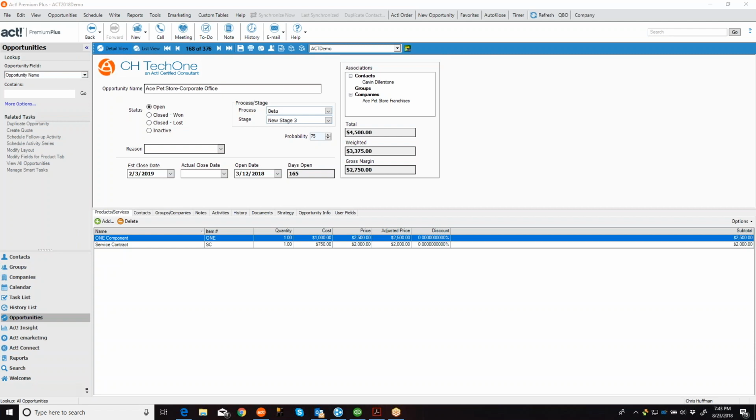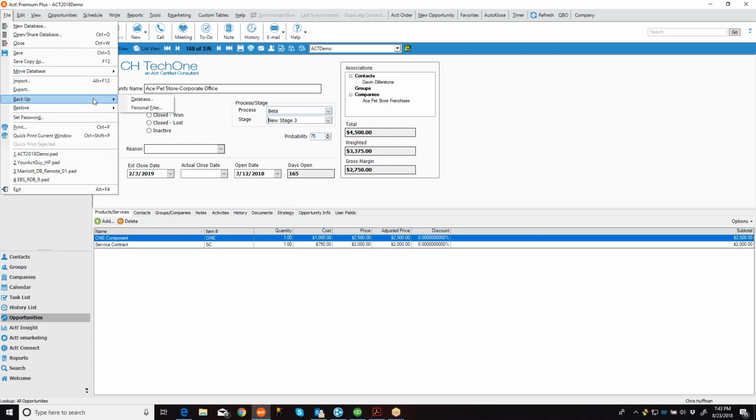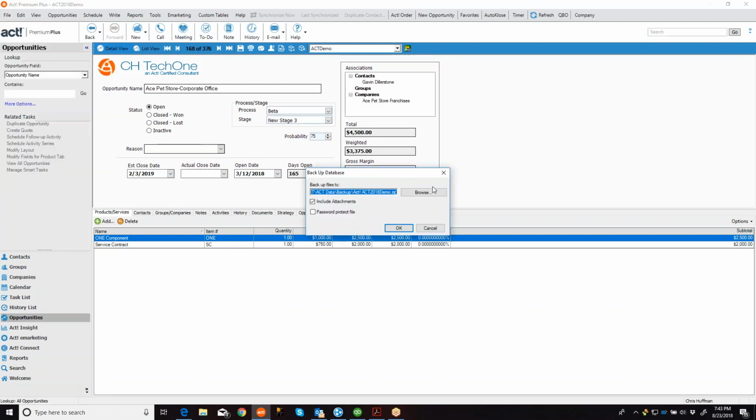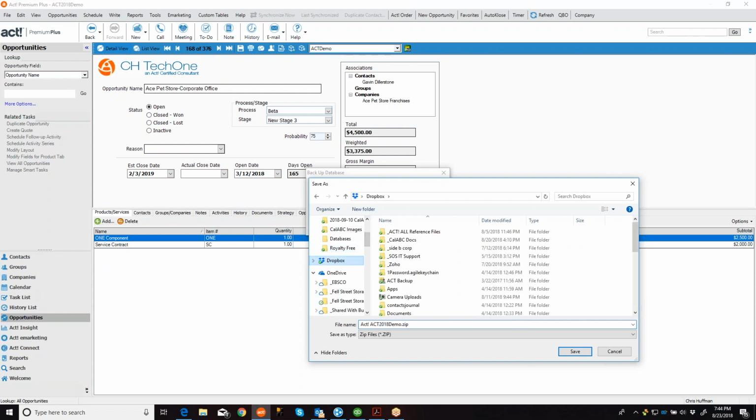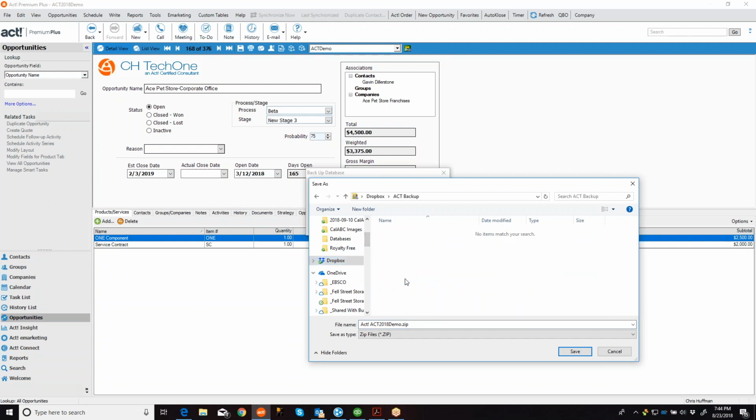because you could do something super simple. For instance, if you had Dropbox, then what you could do is you could set up a deal where I say database backup, and then I can browse for my Dropbox. There. Dropbox. And do your backup and I can say Act backups, and I can do your backups right here. And then that's going to make it fast and easy because it's local, and then it's going to move it up to the cloud. So if you ever did have a problem, you'd be able to go to your Dropbox and download your backup,